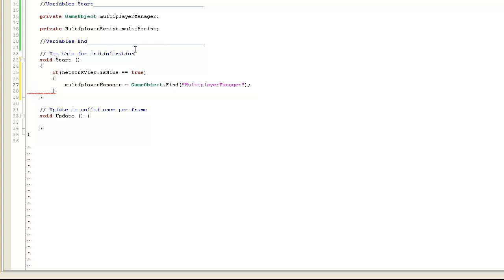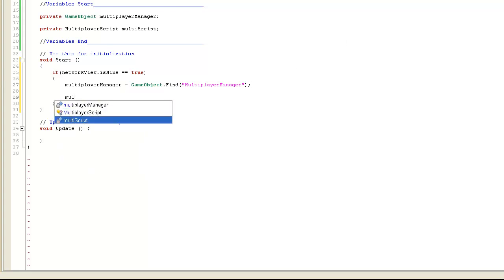So this variable of ours, multiplayer manager here, is a reference for that. So once we have that, now we access it. So multi-script, or we access the script on it. So multi-script is